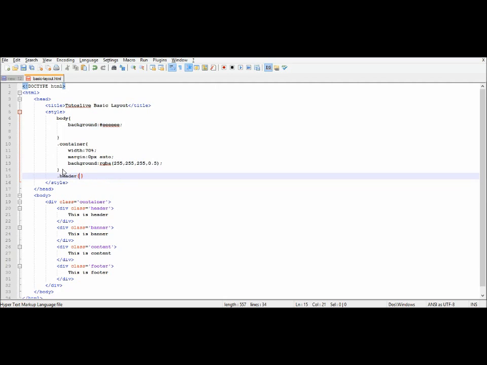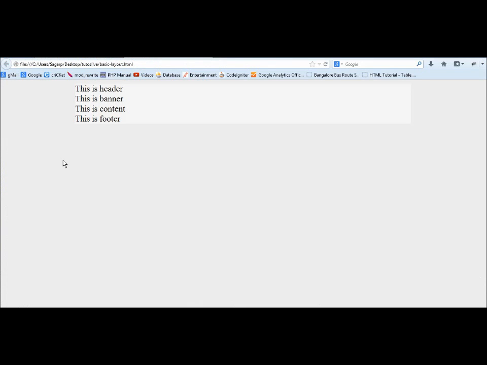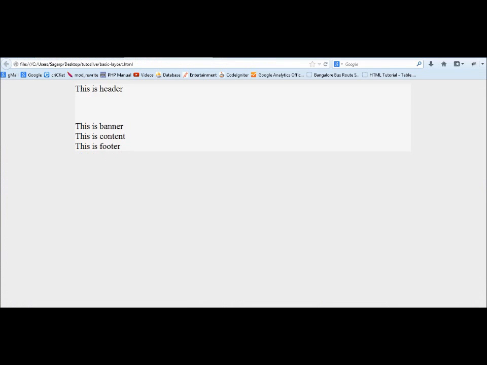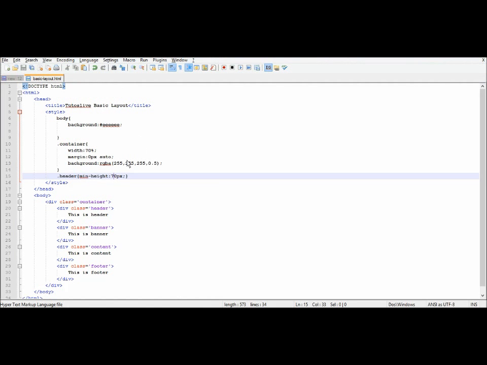For header, what I want to do is give a minimum height. The minimum height, let it be 100 pixels. I guess 100 pixels will be more. Let's see. Yeah, 100 pixels is way more. So let me just say 70 pixels. 70 pixels is fine. Good, nice. So for the header I said 70 pixels, and for the banner